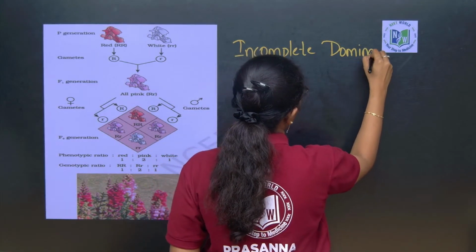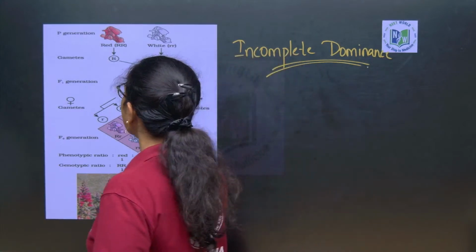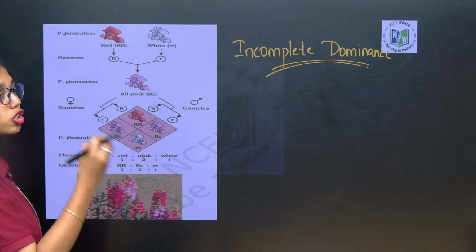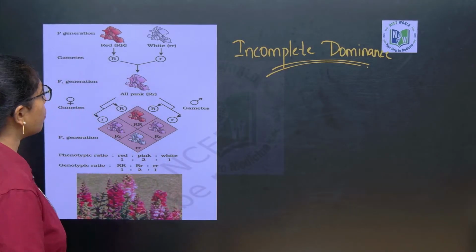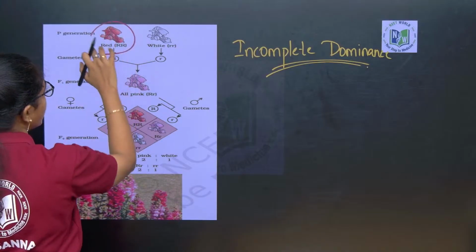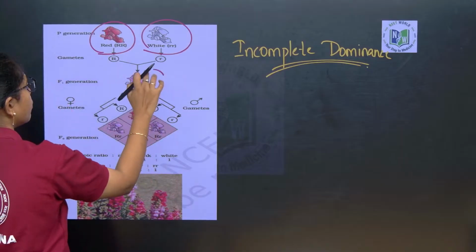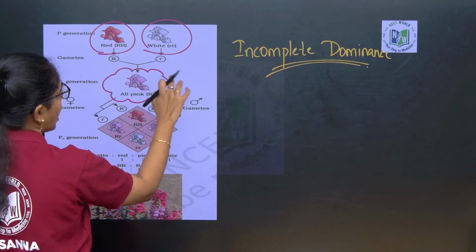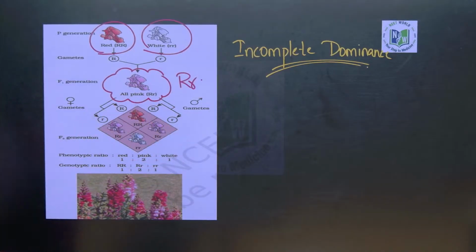Incomplete dominance is a concept wherein the dominant trait is not completely expressed. Red colored snapdragon flowers crossed with white colored flowers will give you pink color flowers which are heterozygous. Okay? When they are selfed, you will get